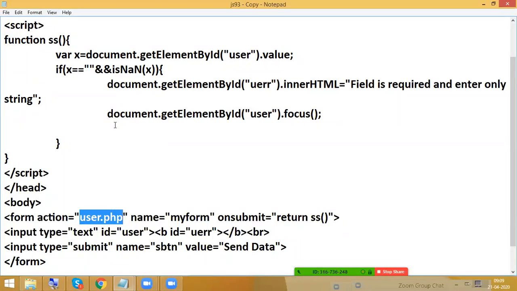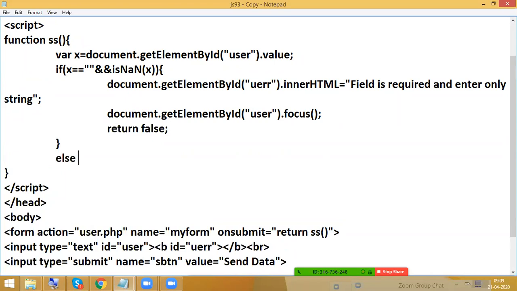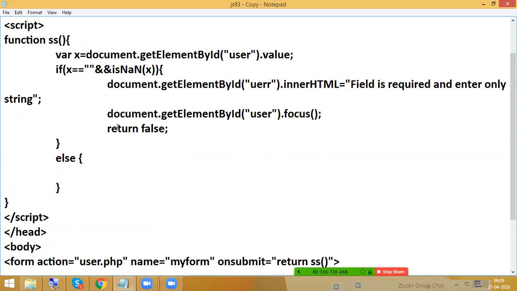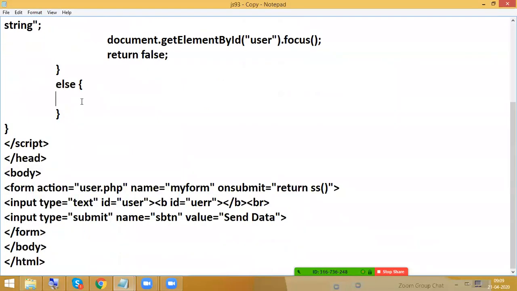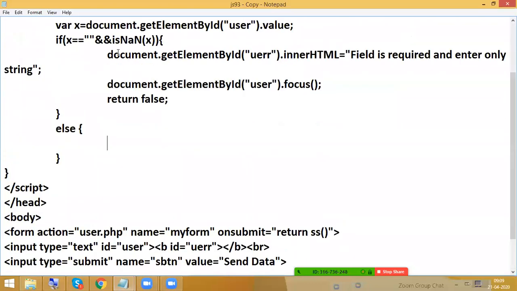It should not go to that particular action. For that, return false. Else, now here, what I'm going to do is first of all make this error message empty.